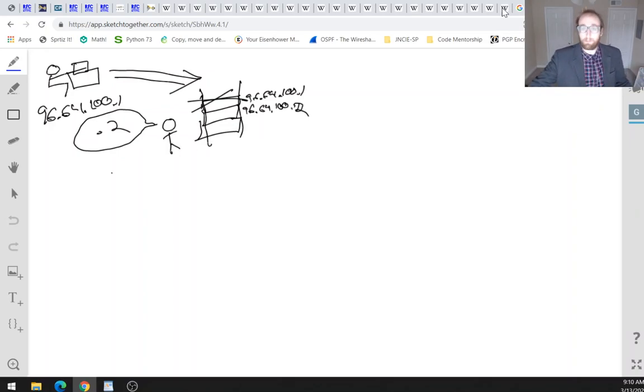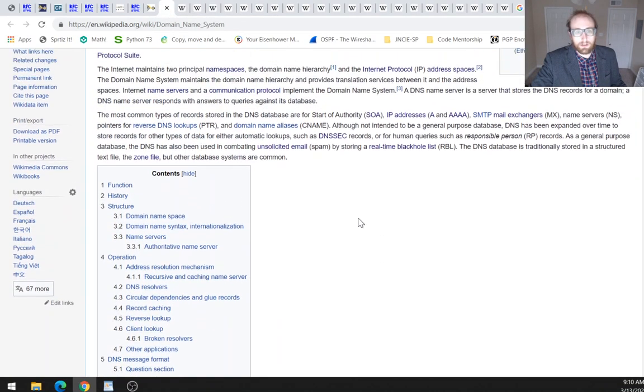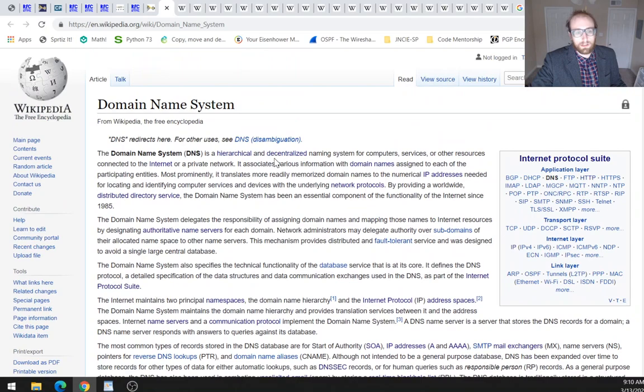decentralized manner, and then here we're getting into centralization versus decentralization. So I thought this would be, I'm surprised that it's decentralized. I thought it was centralized. Okay. Huh. All right. Well,